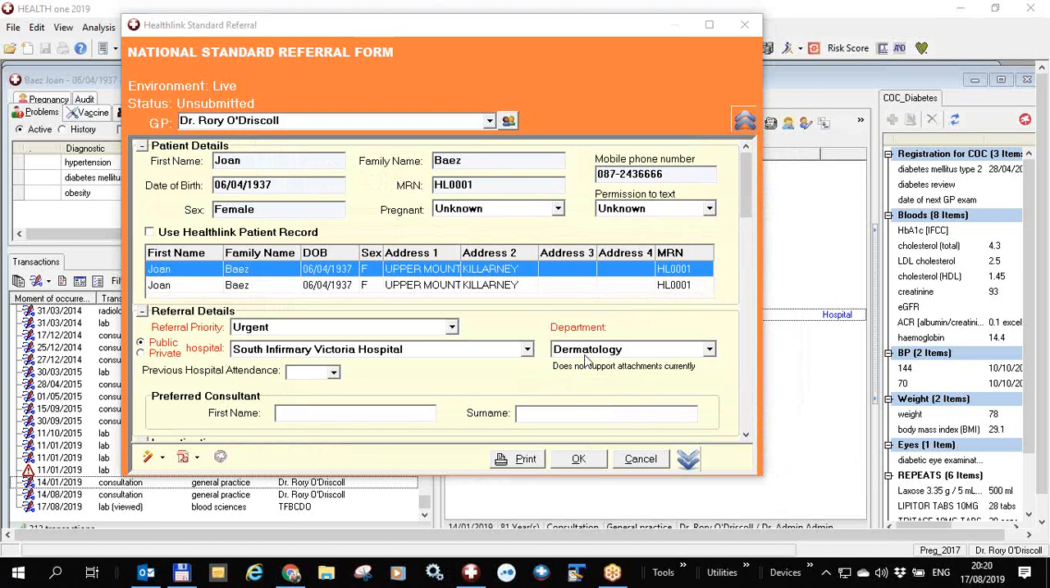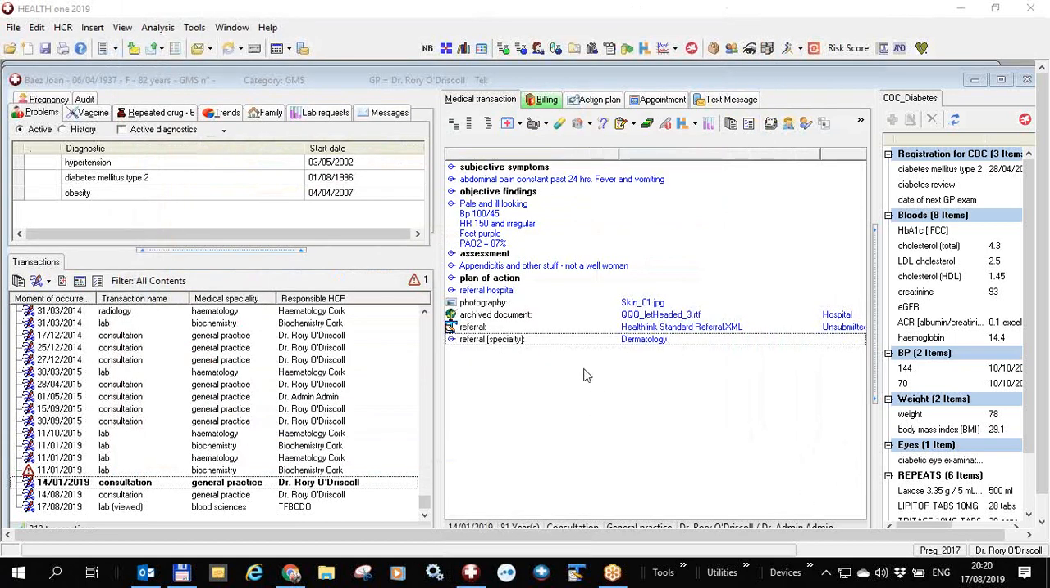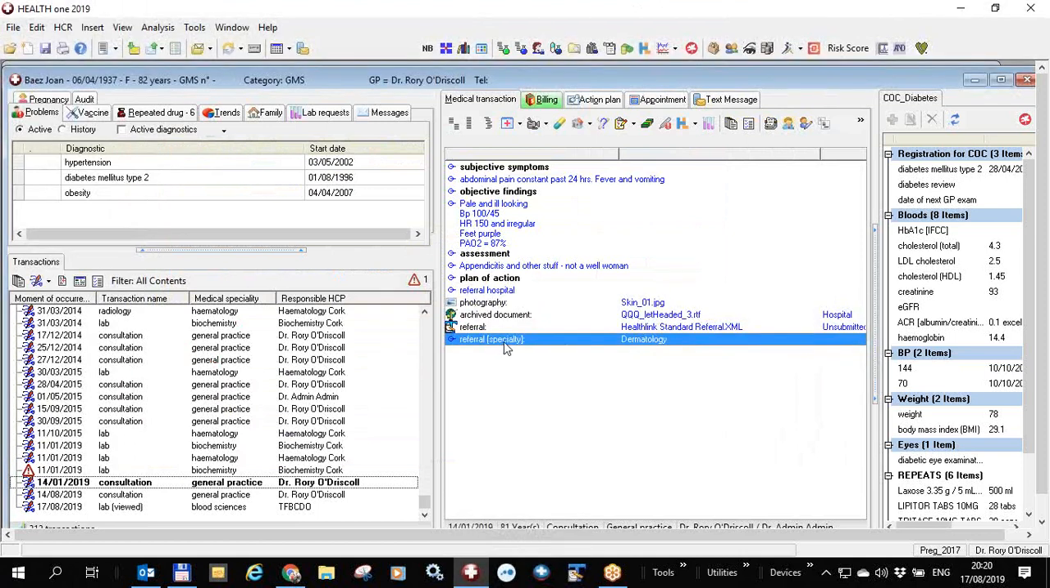However, the function hasn't been implemented yet by Healthlink, and when it is, it will be done piecemeal by hospital, so you won't know whether it accepts attachments until you come here, put in your department, and Health1 will give you a message there. The next thing we've done here is we've added a little item here called referral specialty,